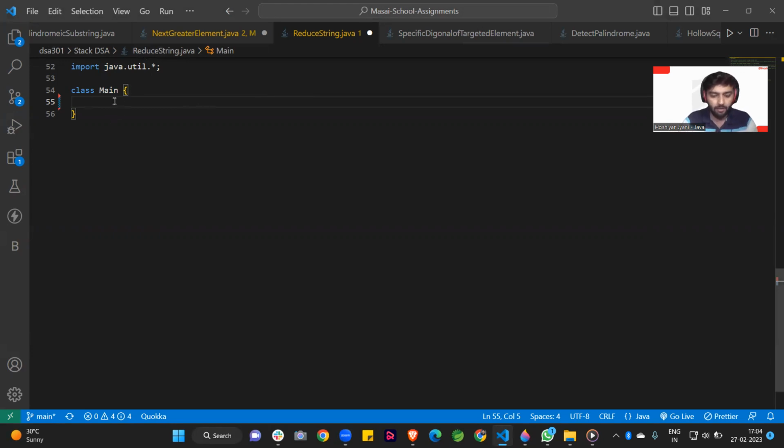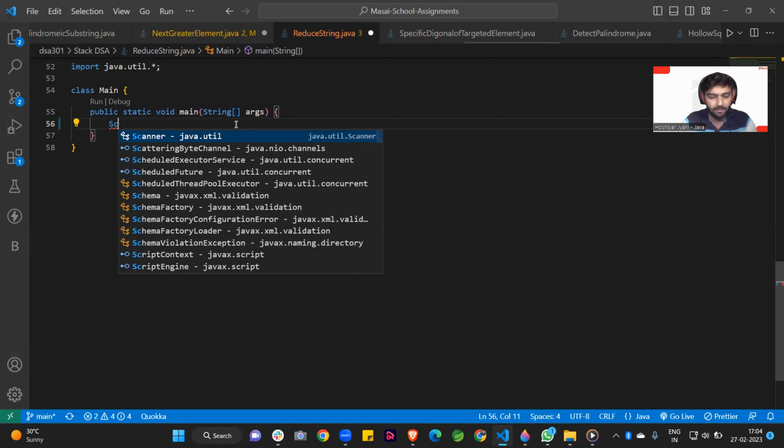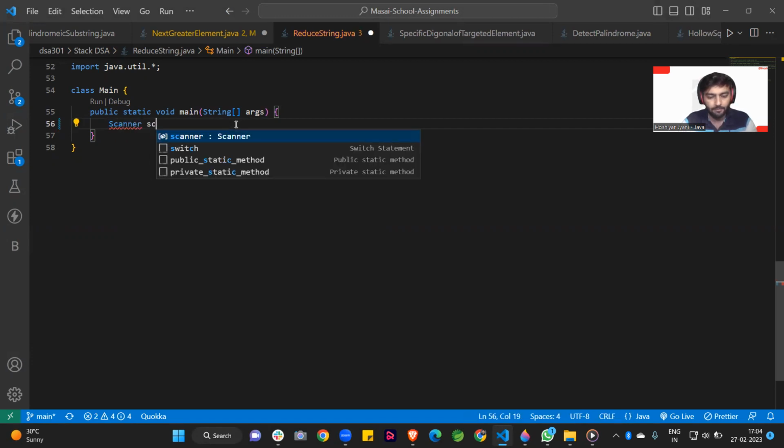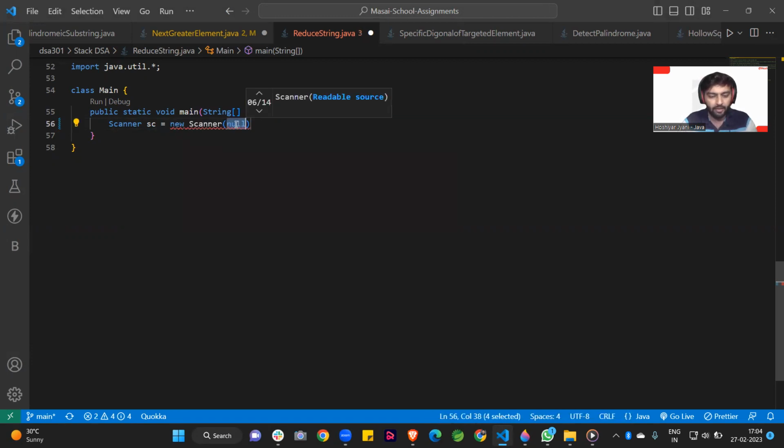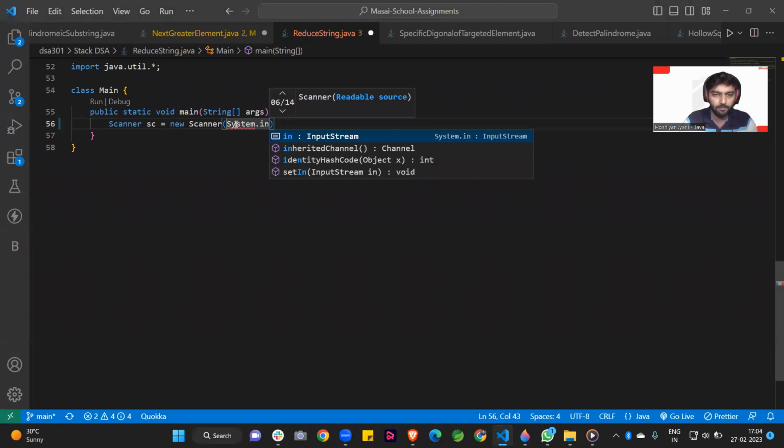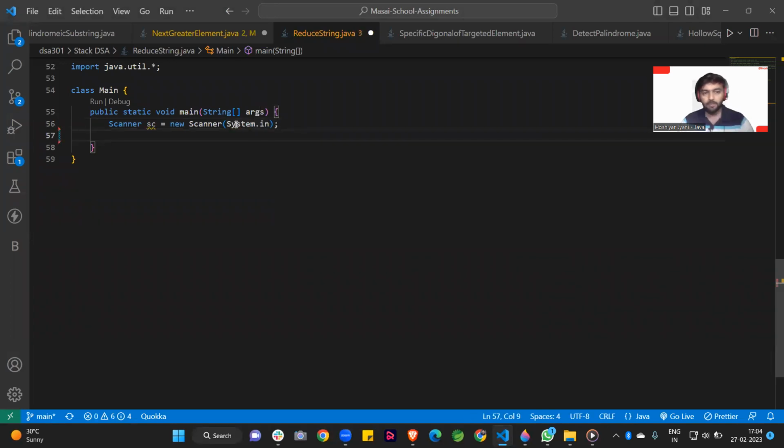Now I am writing our main method, public static void main(String[] args). After that, I am creating a Scanner class object: Scanner sc = new Scanner(System.in). So the Scanner class object is created.